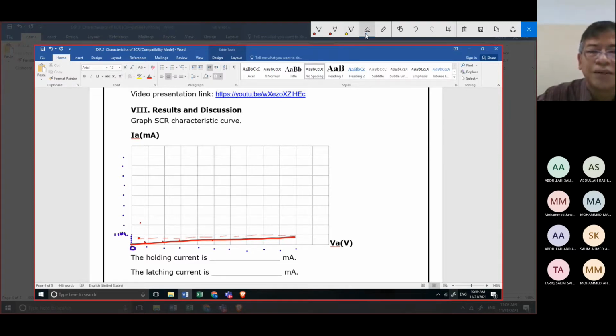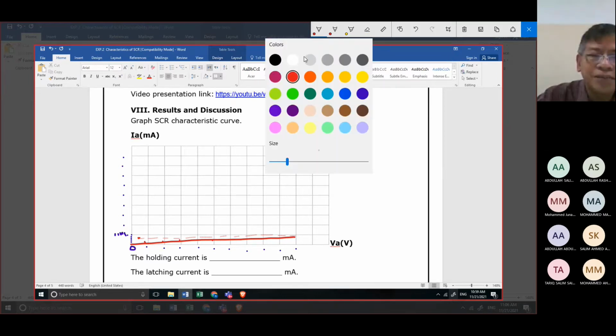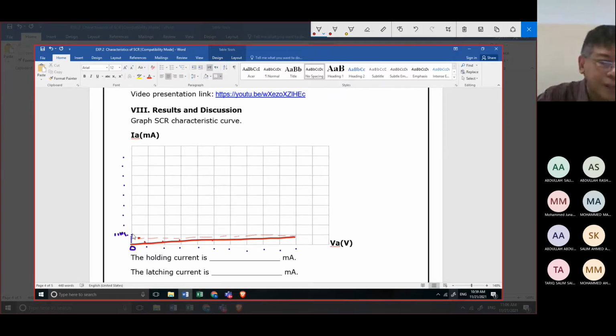How to erase this? It will not erase. Okay, done. So our first reading is here. Our second reading is 1.2. So our next reading is here. If this is 1, this is 1.2, 1.232 milliampere, this one.